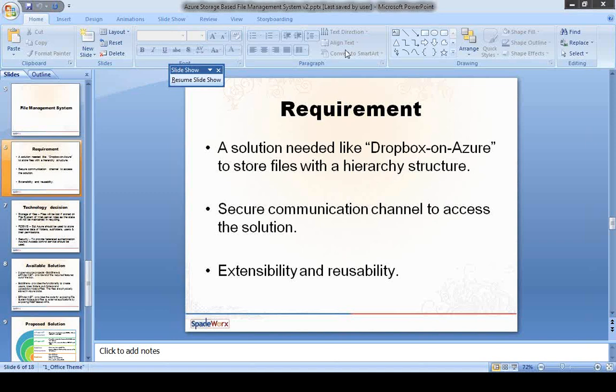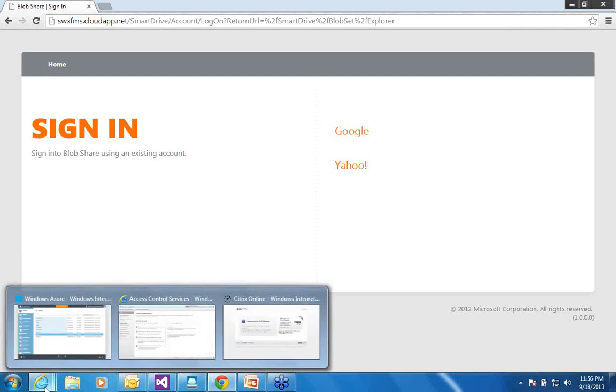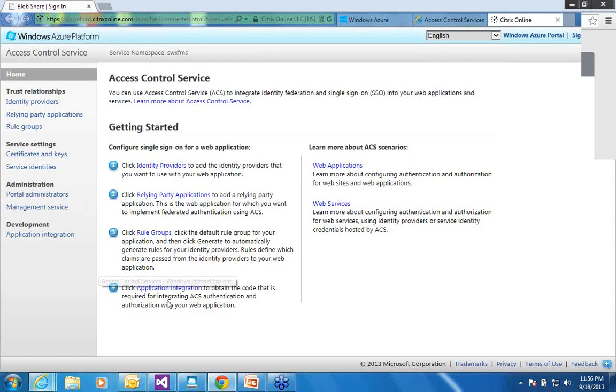The moment you log into our file management system, it is swxfms.cloudapp.net. If it's not an authenticated user, it will first take you to the sign-in page. The system is being integrated with ACS, and 2 identity providers are configured. The ACS with which it is being integrated is SWX FMS ACS. And if you see here, in this ACS,